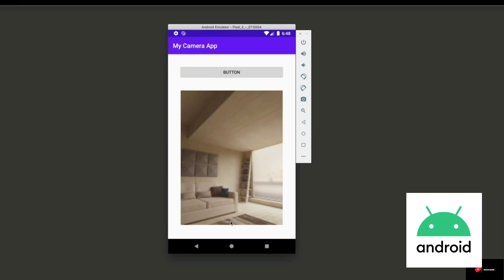Now if you notice, the image here is actually not a very high quality image. It's actually got a very blurry look. And that's simply because data is actually giving us the thumbnail of the image, it's not bringing the full resolution image. For the full resolution image, you should save it on your SD card and then access it. And that's something I'm going to show you in our next little